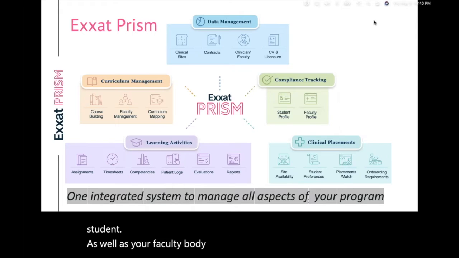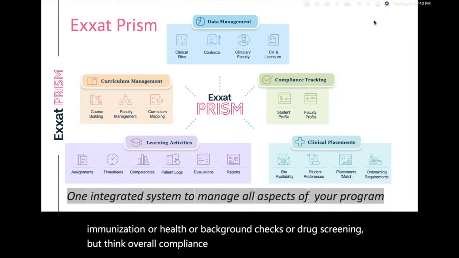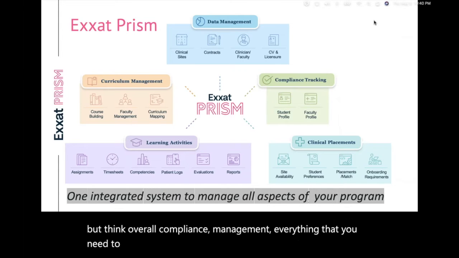So just don't think about immunization or health or background checks or drug screening, but think overall compliance management. Everything that you need to track, you can do in Prism. We also have